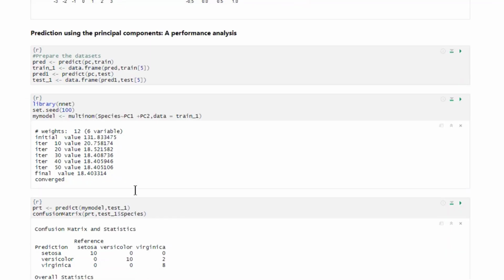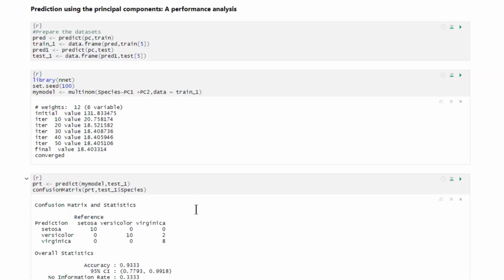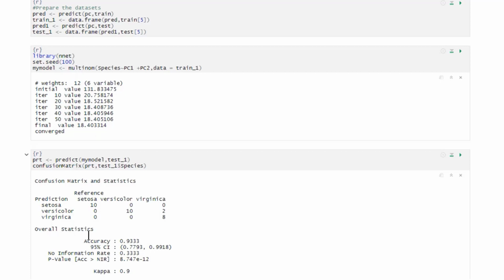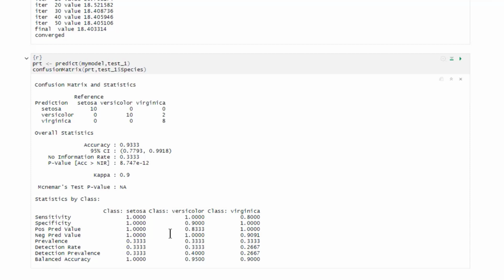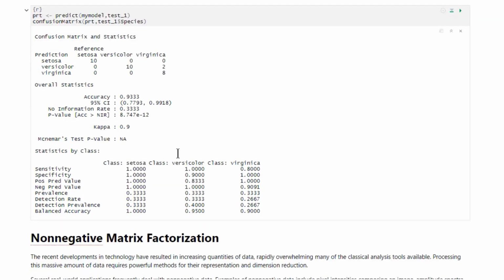Now, if you look at the confusion matrix between the predicted values created by the predict function and the actual values, we will notice that only 2 out of the test variables were wrongly predicted, and the accuracy was 93.33%. There is a lot of other information also, like sensitivity and specificity, that are class specific, and you also get a 95% confidence interval of the accuracy.